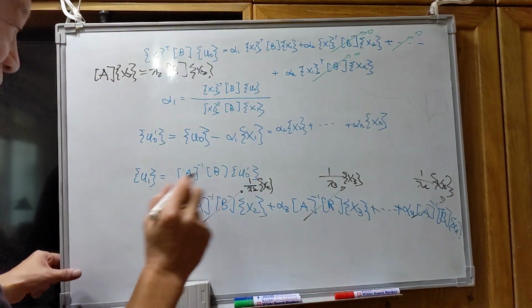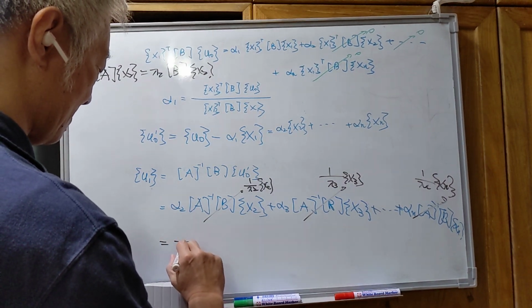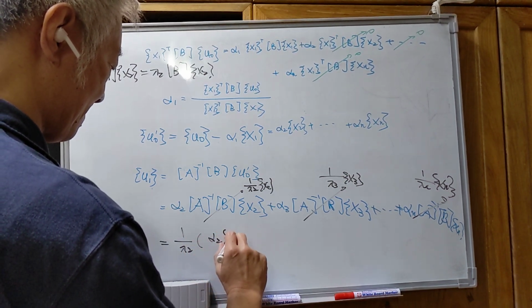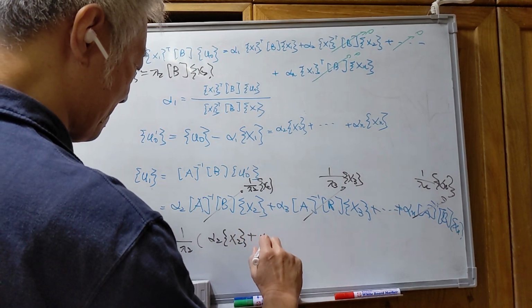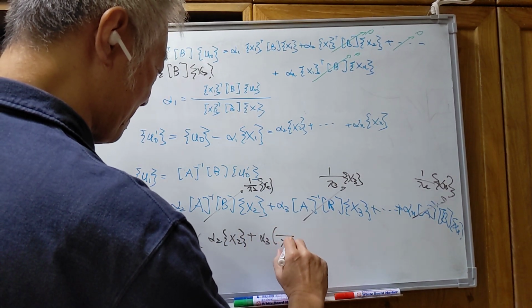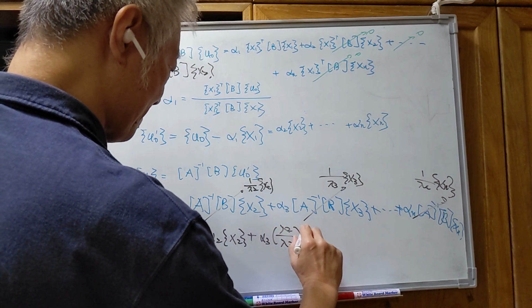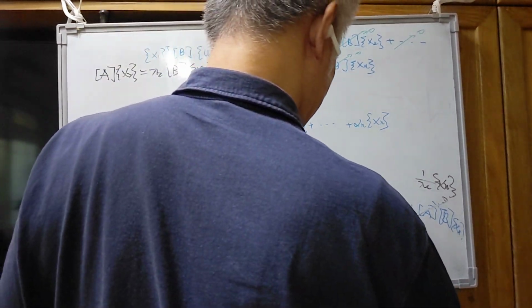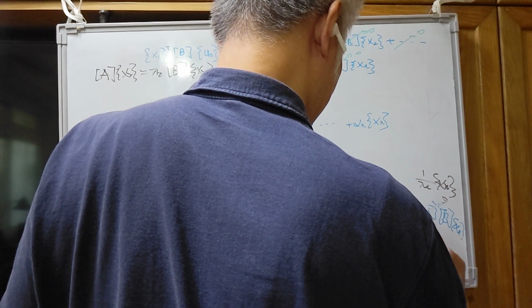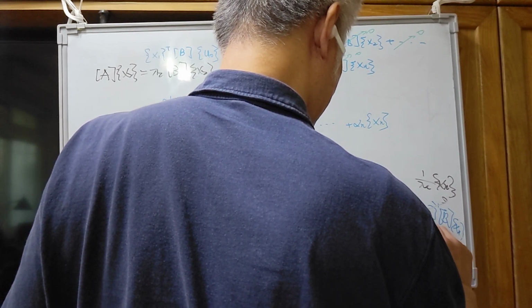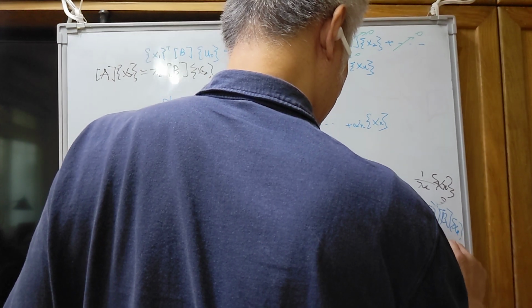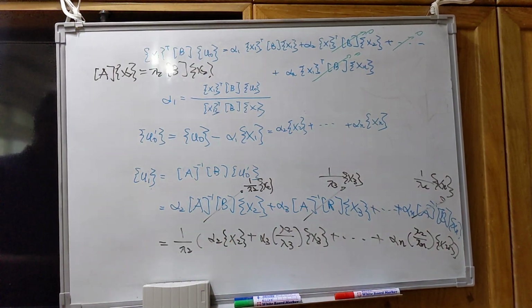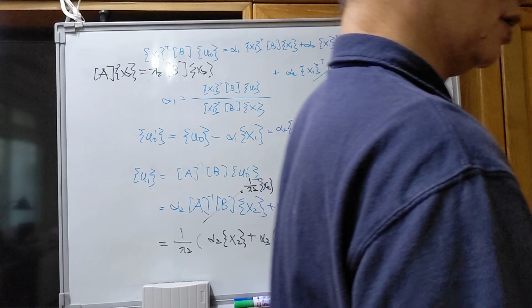Okay, so we can take out the lambda 2. Then after the calculations, the U1 will be